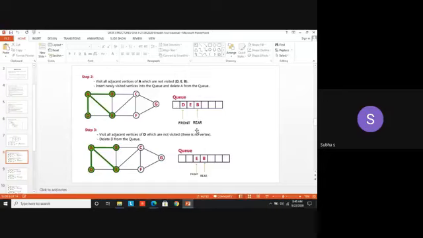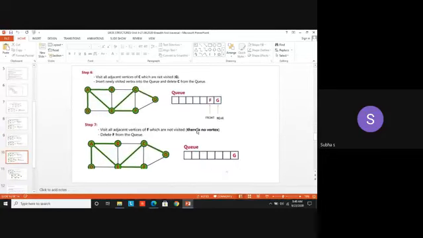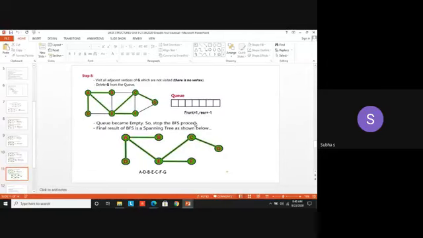Like that you are going to repeat the steps. Are you able to recollect it? So finally, at one point, you reach the stage where all the nodes are visited. At that stage, you are dequeuing all the elements one by one. So at last, your queue will become empty. So this is the result of your breadth first traversal. You are visiting in this way: A, B, D, then E, from E to C, G, or E to F. Then you are backtracking to E. Then you are going to C, and then finally you are reaching G.